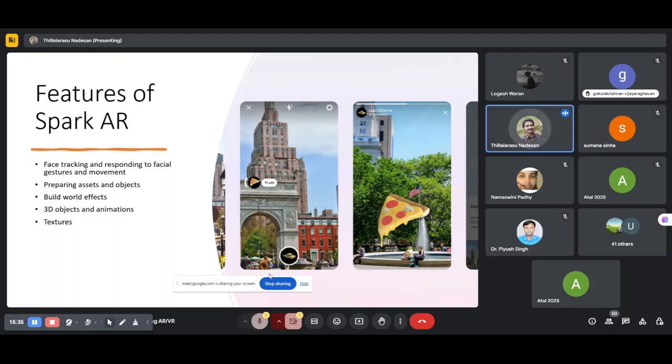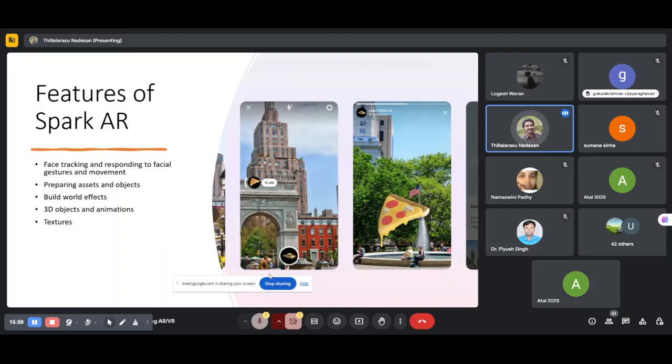And build world effects. World effects mean we can change or alter some of the world also. When your camera finds a horizontal surface or plane, tracking makes the effect appear, so the targeted tracking can add or cause an effect to run. The same object we can make run, or when the camera identifies a certain target in the real world. Everything is possible; we can do that also.